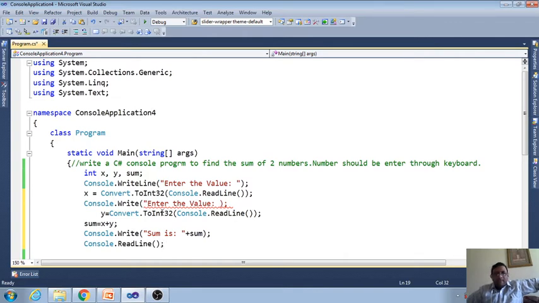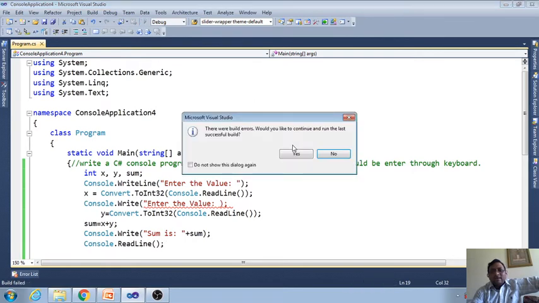If you see here, we have a red line, which means there is an error in this line. If you run this program, you will also get the error: there were build errors, would you like to continue and run the last successful build? No, I do not want that.